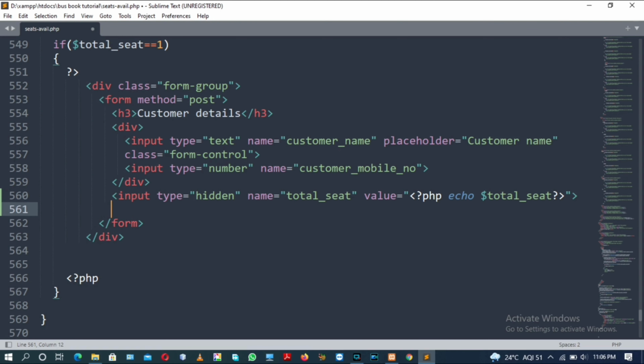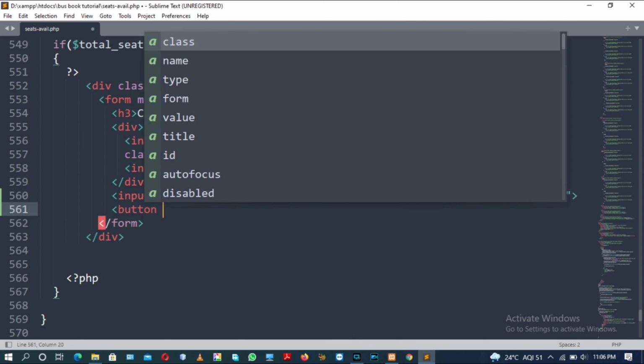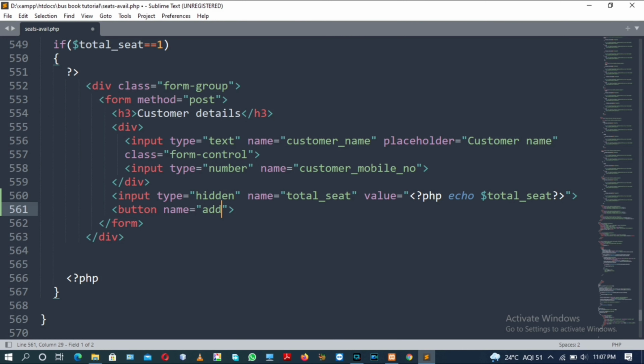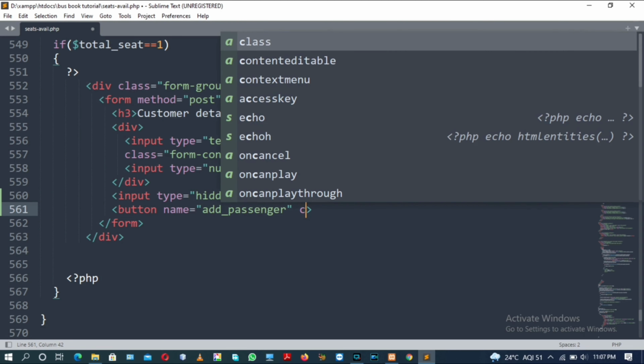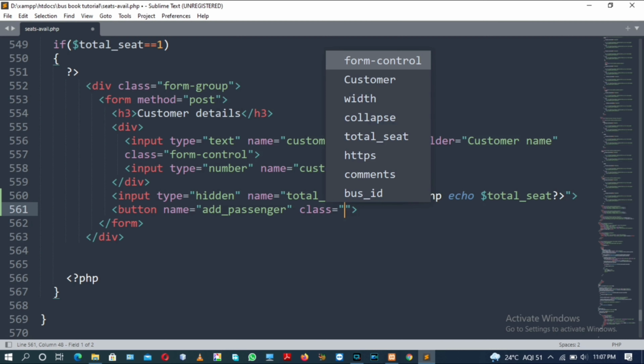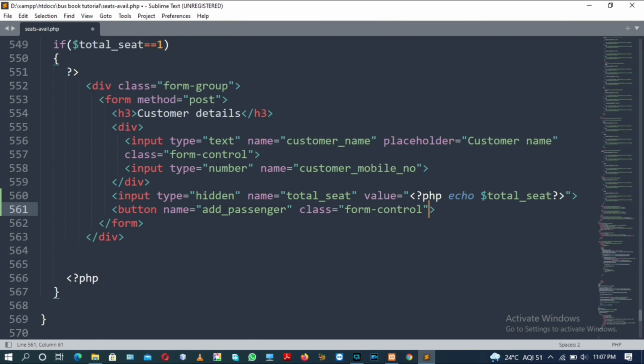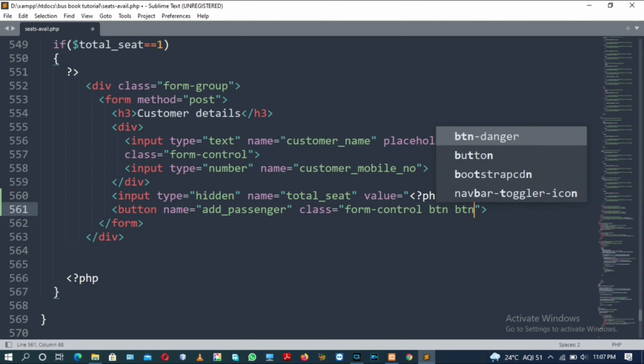After that we will have a button tag with the name attribute add passenger as the value, and there will be another attribute class having the value form control, and another one is btn danger.